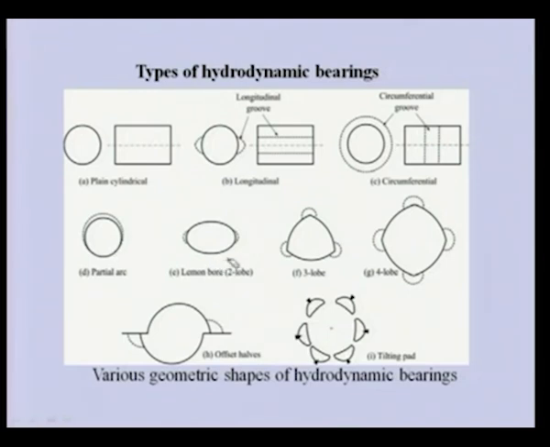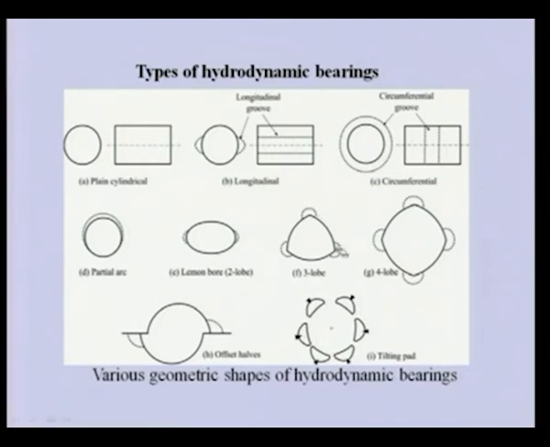Then we have the lemon bore bearing, in which there are two lobes. You can see there are two arcs, and basically this is an elliptical shape, and grooves are there at these two places from where the lubricant goes inside this bearing. Then there is the three lobe bearing. So, you can see three bearing arcs are there, and the lubrication is provided through this portion